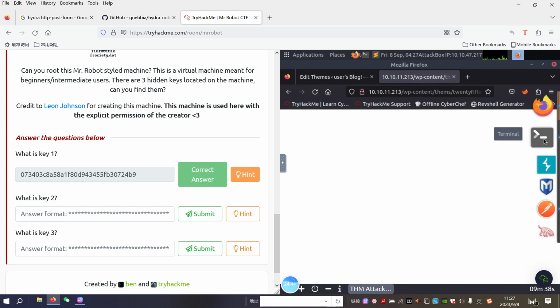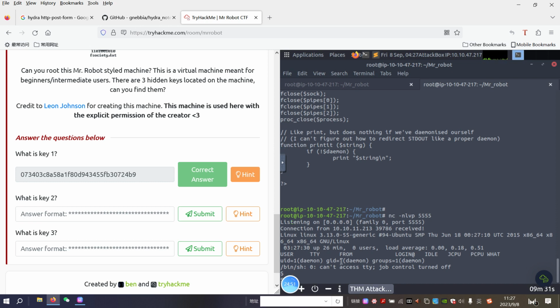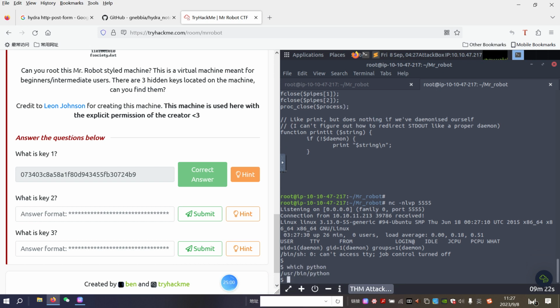Let's hit enter. Go back to our shell. I think we have already got the reverse shell from the target, and we can make it